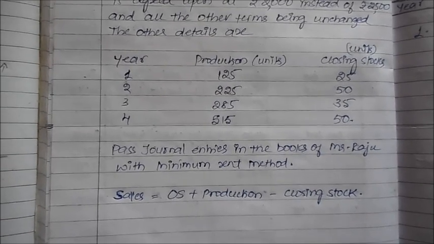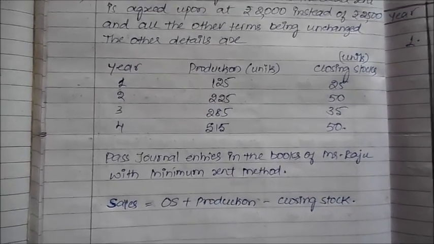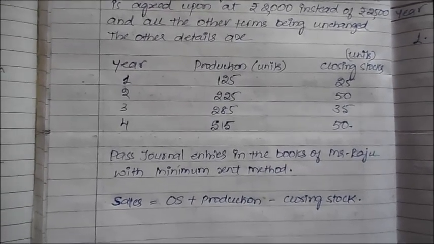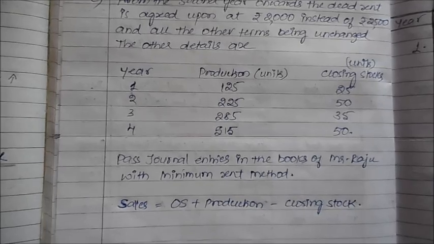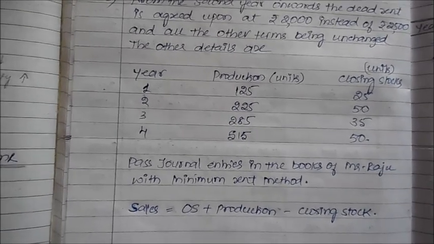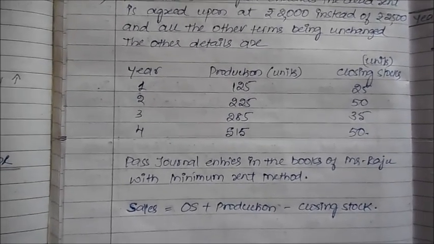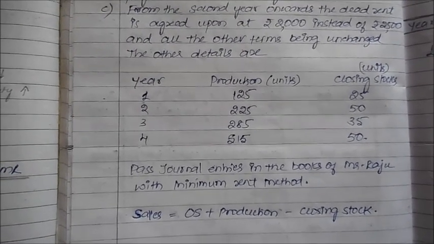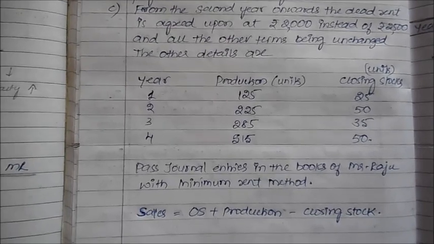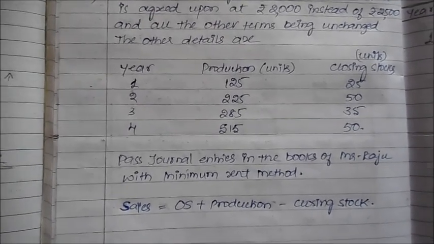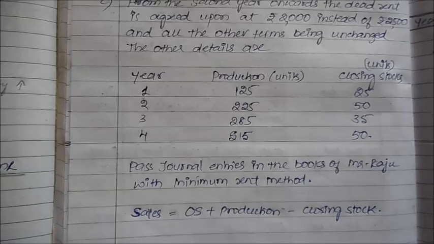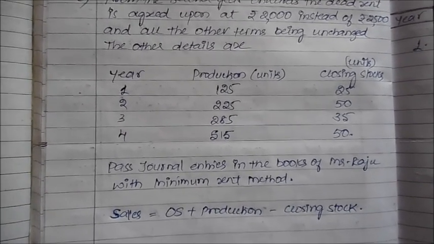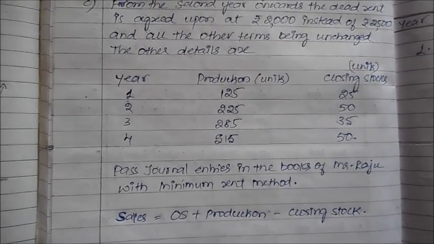Raju with minimum rent. Now here the problem is, whenever we are calculating the analytical table, firstly what is required is the amount of actual sales done. But what is the question telling you? The question has only given you how much production has happened and how many units were not sold. Anything that is not sold will become closing stock. So firstly it is very important for us to calculate the actual amount of sales that has happened during the period of time, and only then can we proceed towards the analytical table.